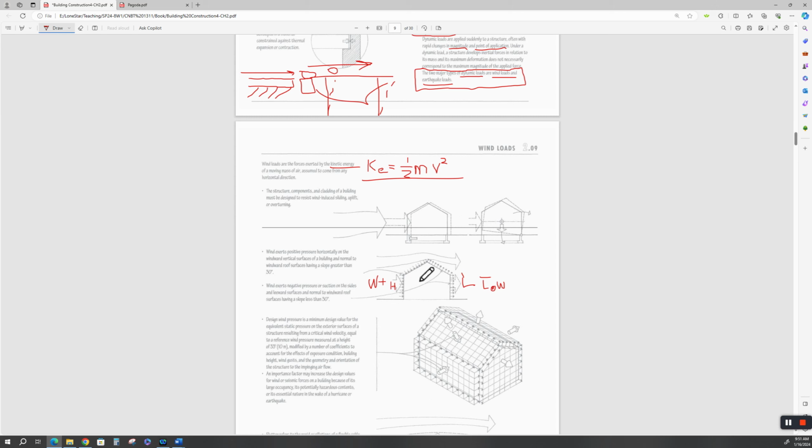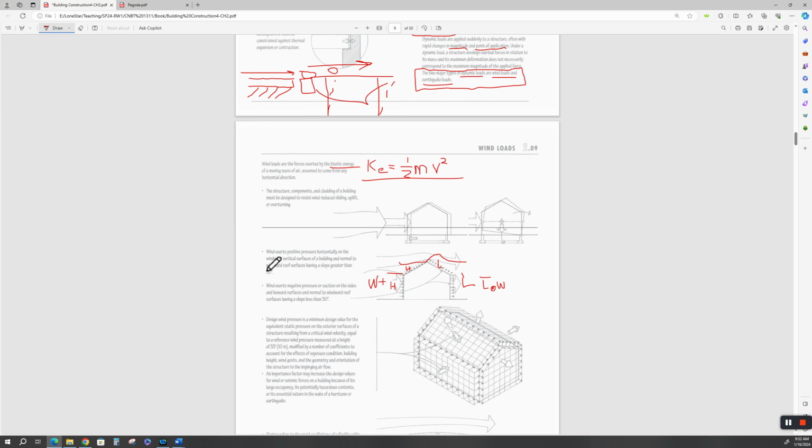And this is a fairly steep roof, remember from our previous video. So on this side, we're going to have a high pressure on this part of the roof. And this part of the roof is going to act like an airplane wing. It's going to try to lift up. So that would be low pressure, because as that wind's pushing, it's pushing on this and it's pushing on that. And now when it breaks over and comes over, it creates low pressure and it wants to suck the roof off as opposed to push the roof in. All right, so